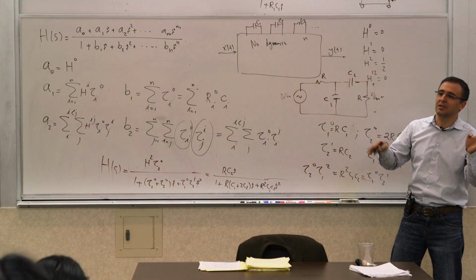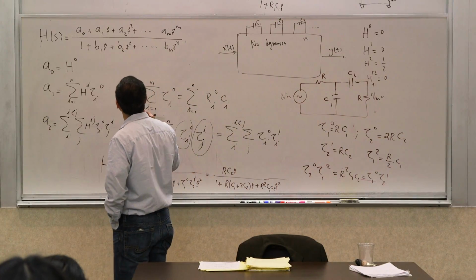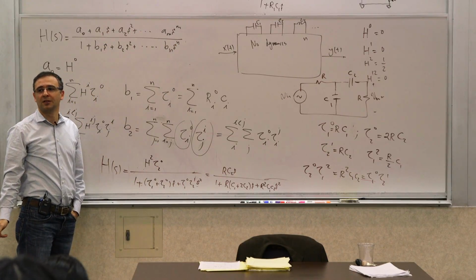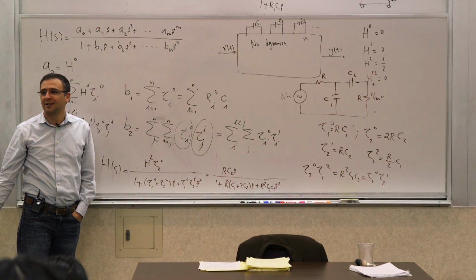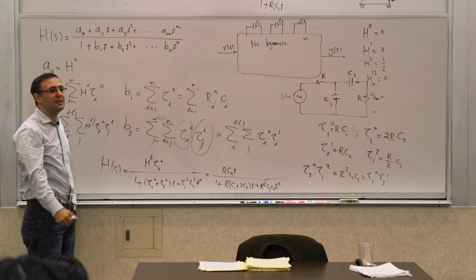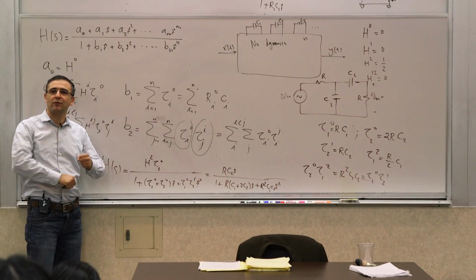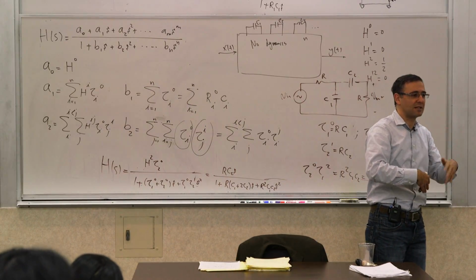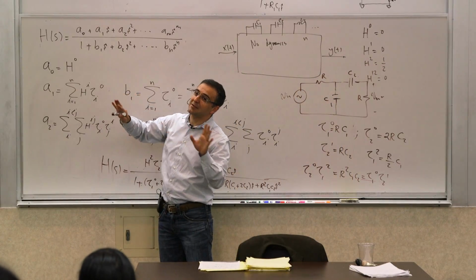Right? It's pretty convenient. There are a couple of advantages. One is that if you want to determine the transfer function, you can do it. But the most important useful part of it is that there are many times where you're trying to approximate a transfer function. You're just trying to find what this first term is, this and that term. If you want to do it the regular way with the nodal analysis, you have to do the whole calculation. Let's say it's a fifth order system. You have to do all of those calculations, and then at the end of the day, if you haven't made any mistake in that